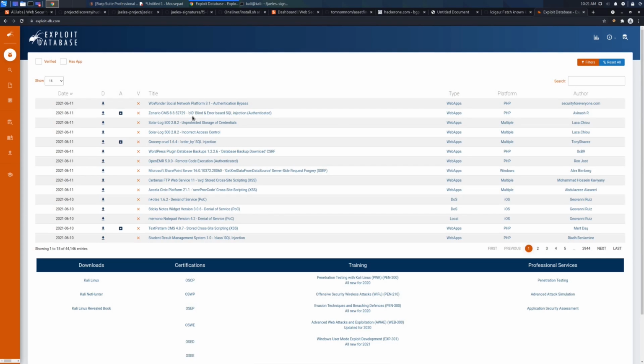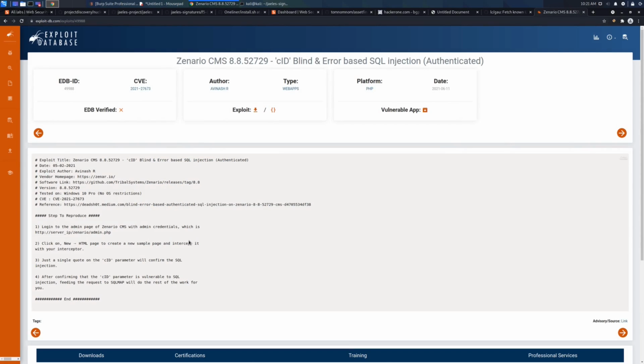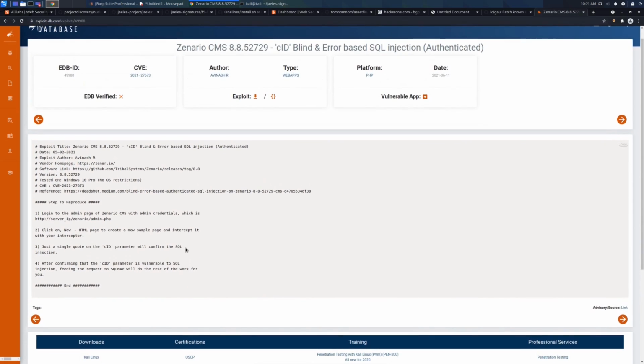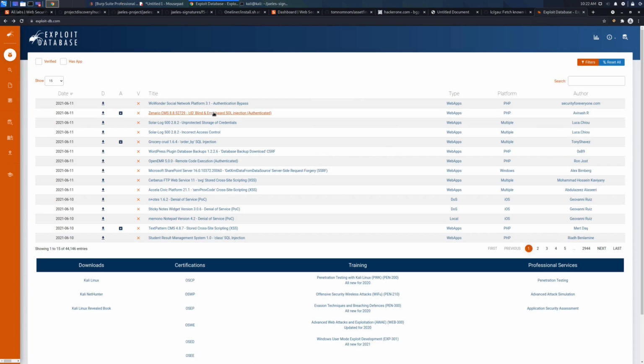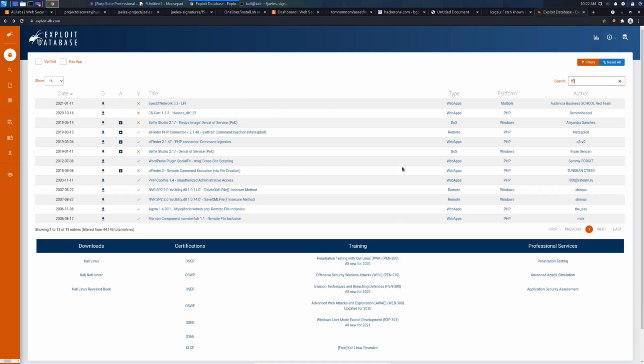So let's suppose there is an error-based SQL injection. So you have to think, because if there is an auth bypass, you can't create the signature for auth bypass. It all depends on what payloads you send. So we will take LFI for example. If you want to hunt for LFI,